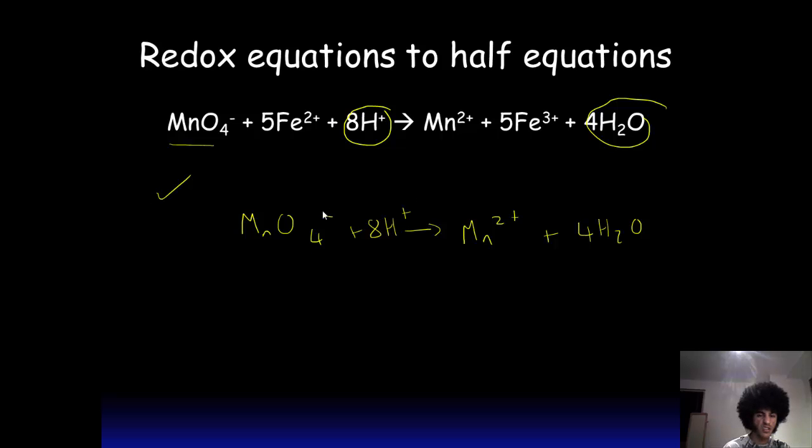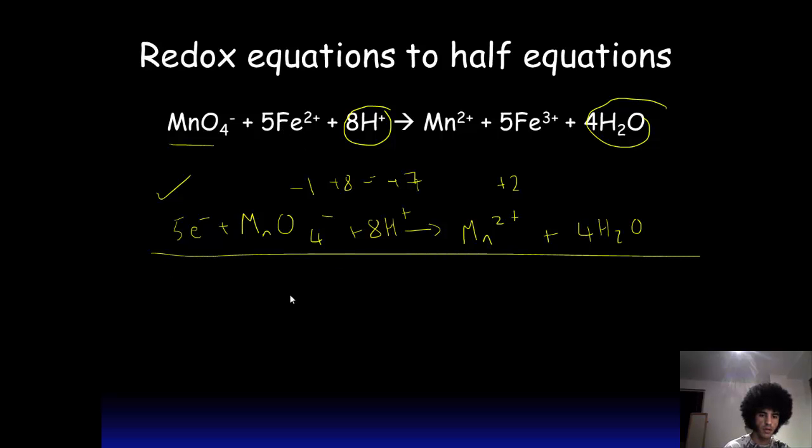Before you go any further though, just double check your charges. I've got 1 minus plus 8, which is plus 7. Over here I've got plus 2. So in order to make them both balance, I need to add electrons to this side. So to go from 7 to 2, I need 5 electrons. And there you go. For the next one, I've got 5 Fe2 plus